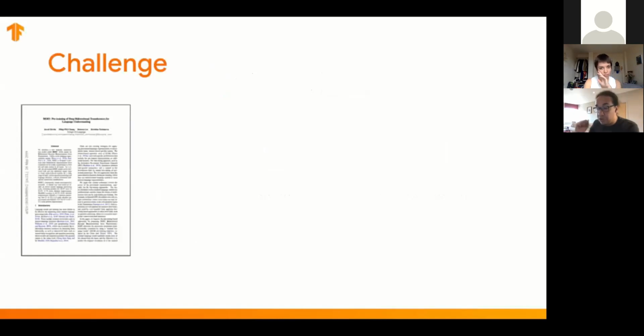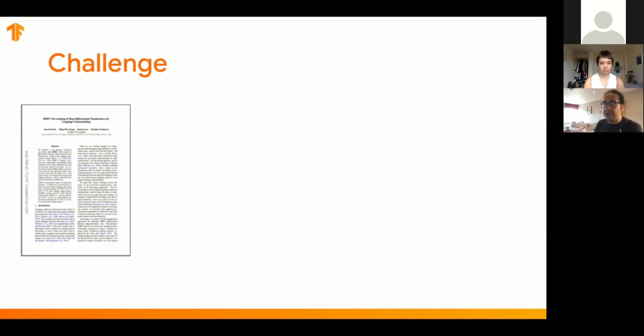Let's think about another challenge now. If you're playing with machine learning a lot, one thing that comes to you a lot is papers, right? People are writing papers and publishing them non-stop, and it's almost impossible to keep up with all of them because there's a lot of them. But then comes the next challenge.